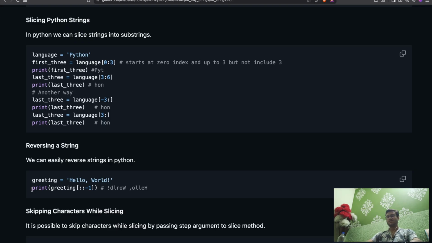Last 3 equals to language. Print last 3 language. Like if we start from minus 3 to 0, it will go 1 2 3, and it will write HON. If there is no end value, then we should